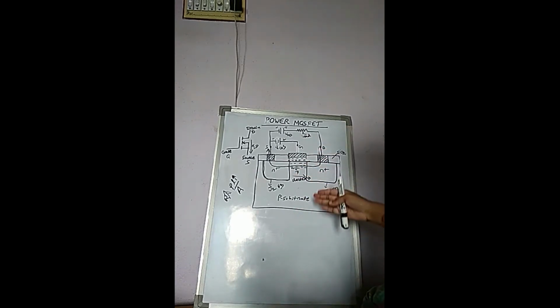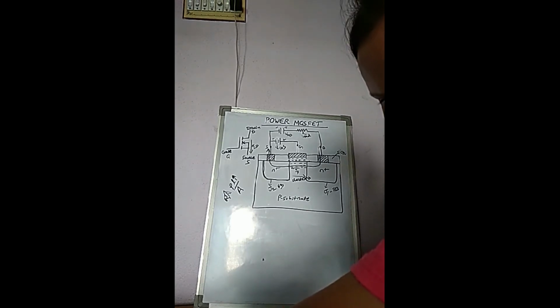Due to this problem, this type of MOSFET configuration is only feasible for low power application. To use the MOSFET in high power applications, we need to do some modification in this constructional part. So in the next part